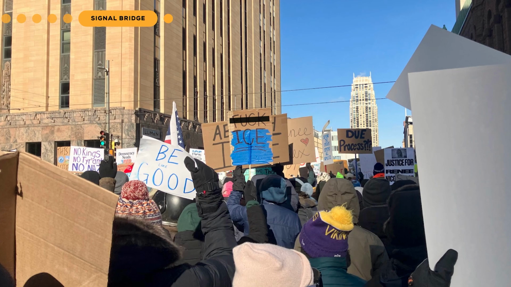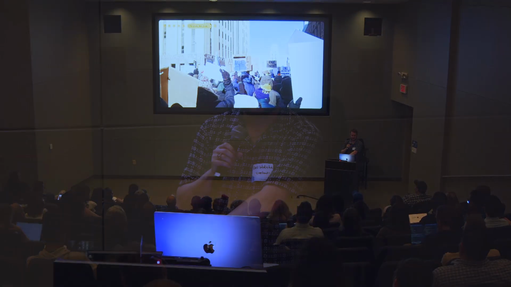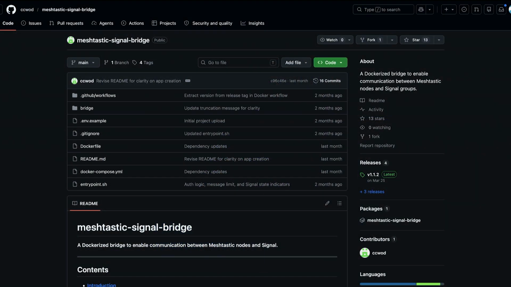This winter I was outside doing a lot of this, and I was in situations where I felt like this is something that I could use. A case in point: I showed up to an event where there were like 20,000 people and there was no cell service. That makes a lot of sense because cell networks were overwhelmed. It got me thinking, how would I communicate with people in a time like that if I really needed to and I wasn't able to? So I made this piece of software called Meshtastic Signal Bridge to do just that.